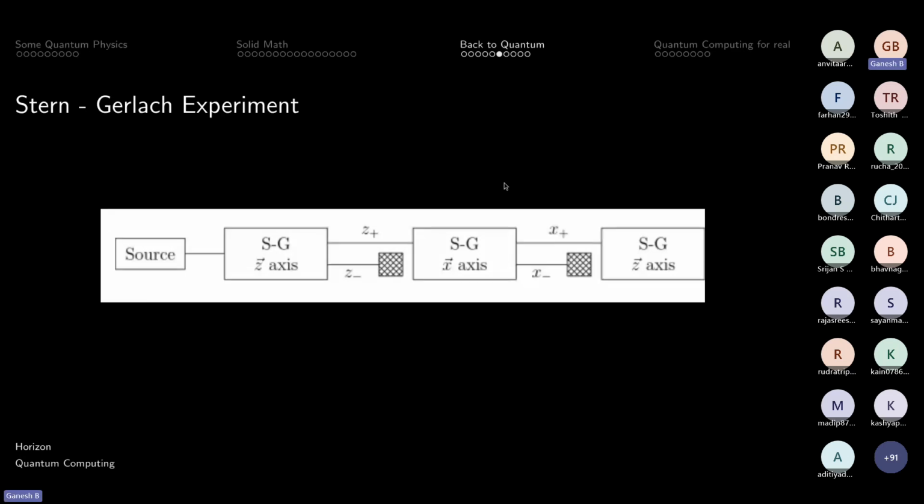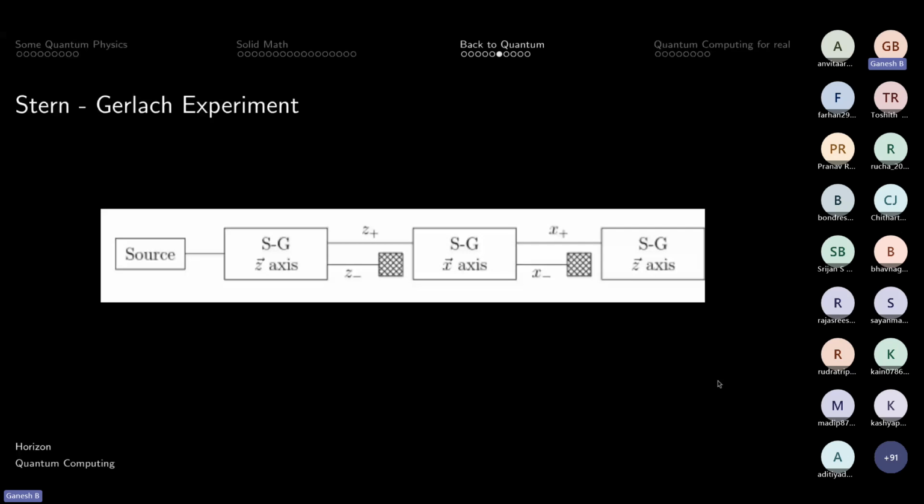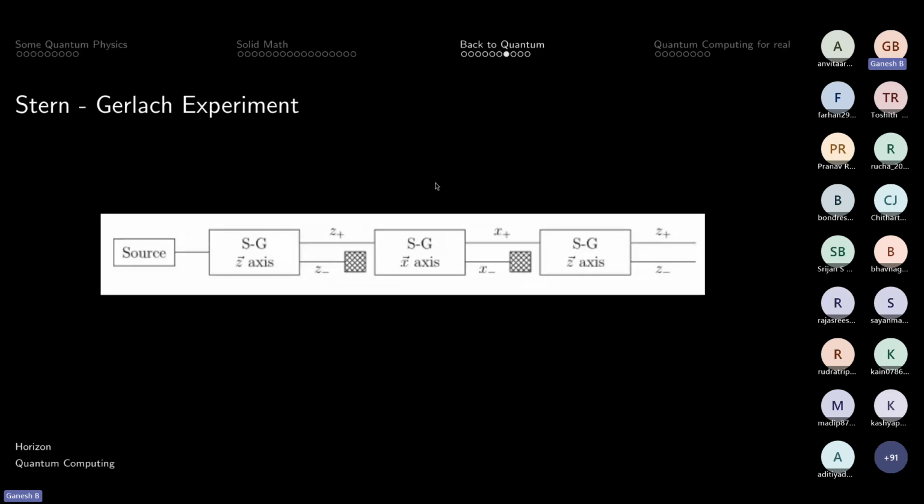Based on our previous experiments, we again expect it to come out as z positive only, because we already filtered it out in the first step. But if you actually look at the result, you get both z positive and z negative. So you get both positive z spin electrons and negative z spin electrons. That is kind of interesting. We would never expect that because we already filtered it out somehow in the first box.